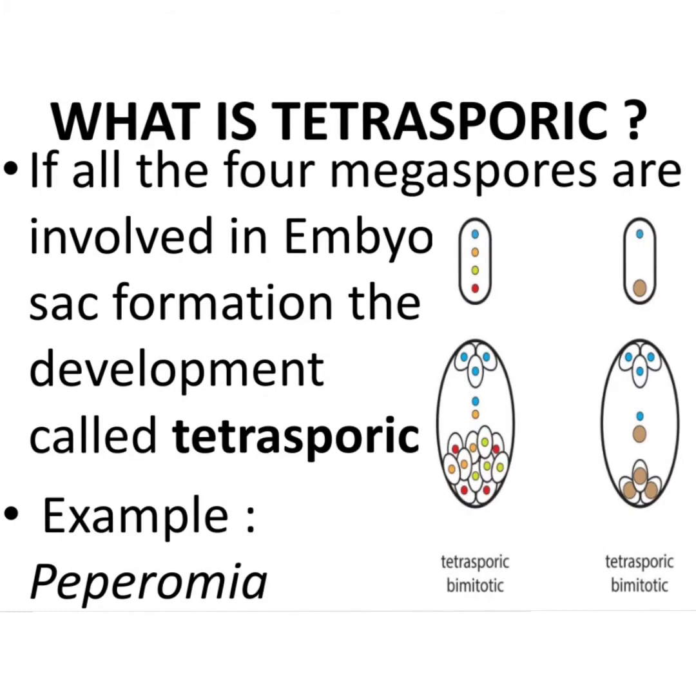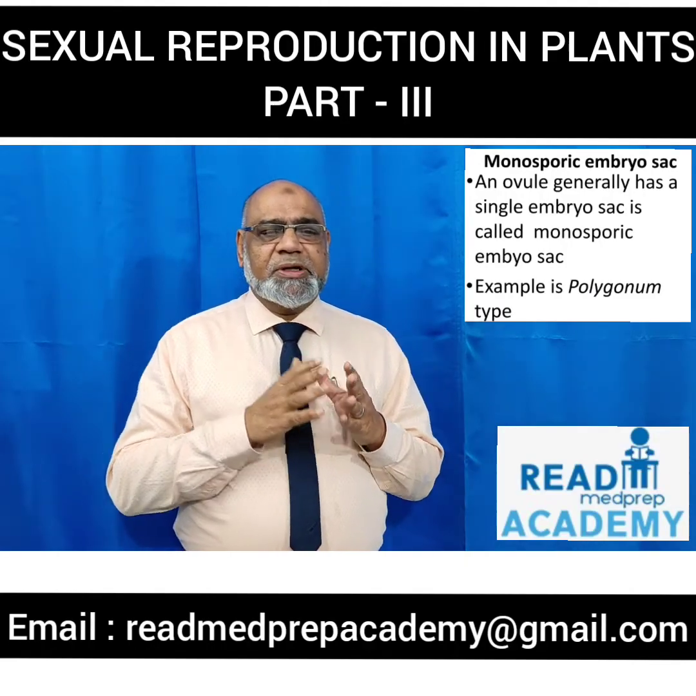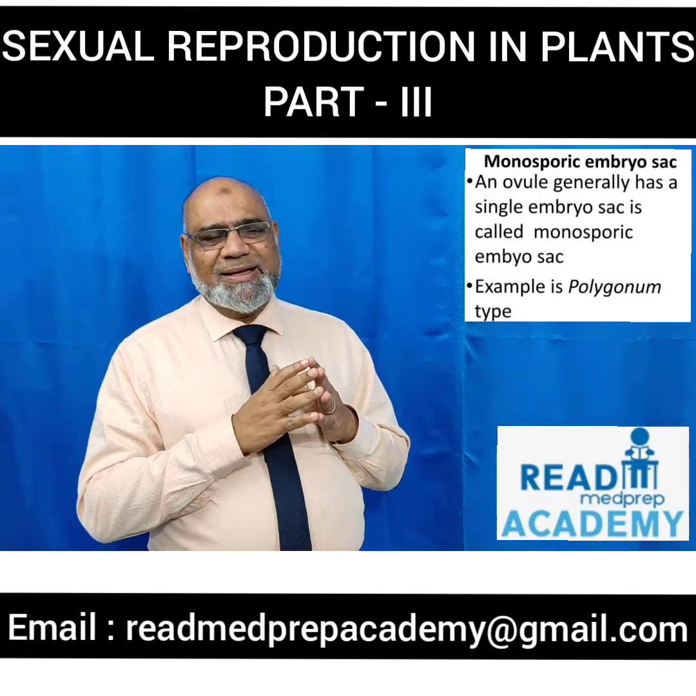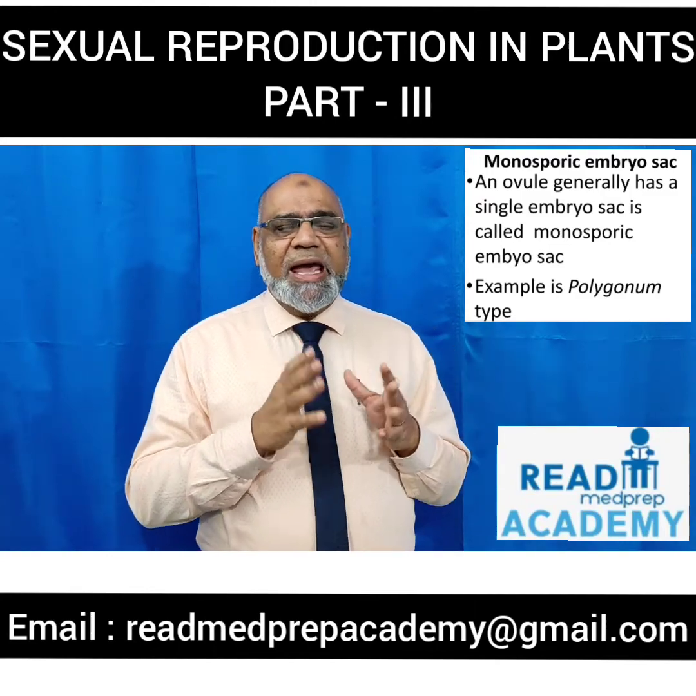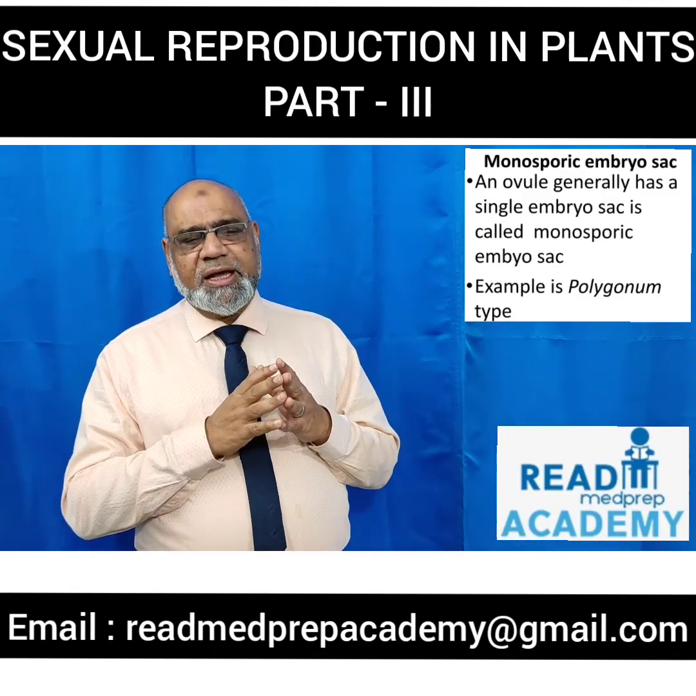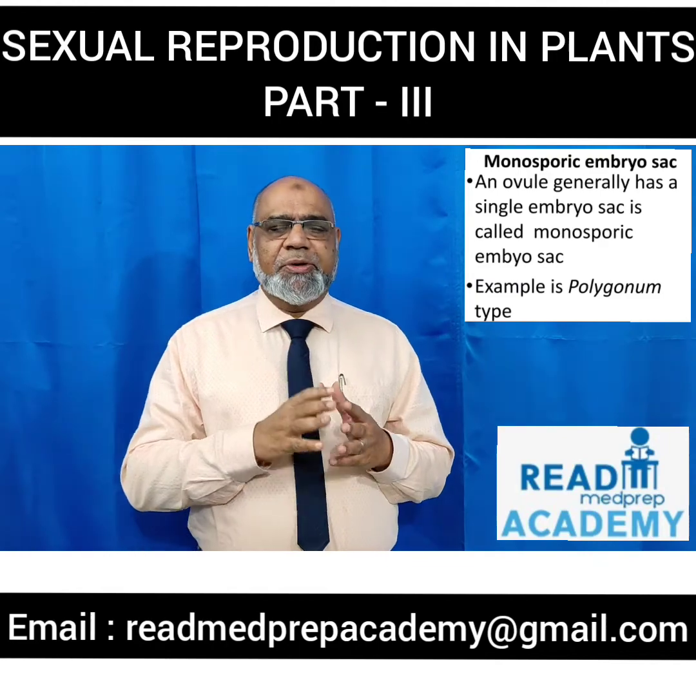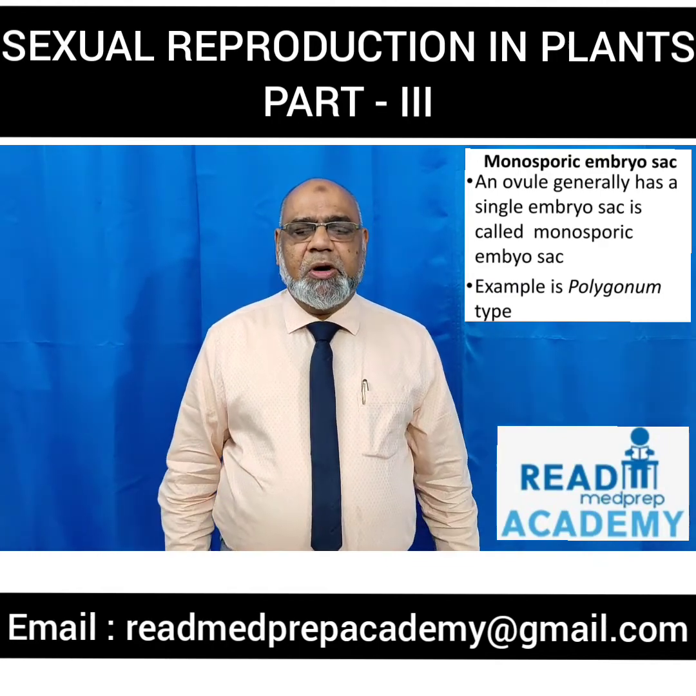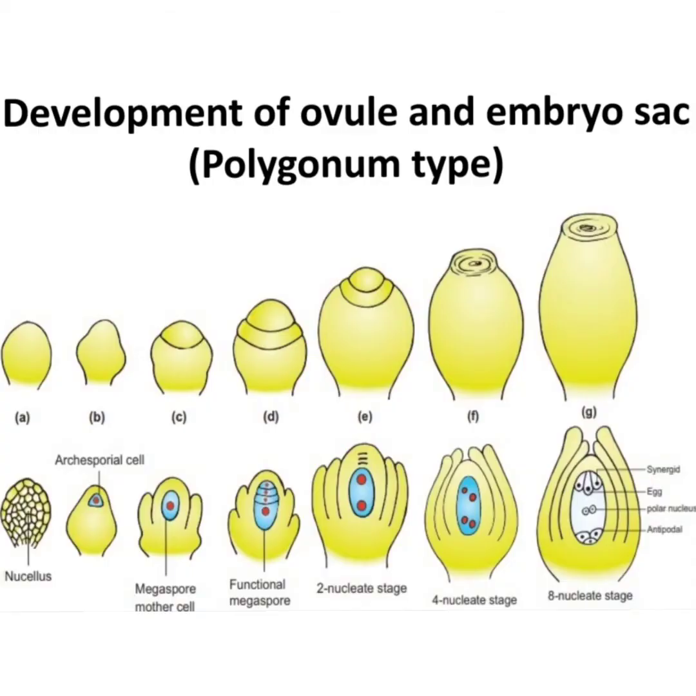On the right side, you can see a tetrasporic cell undergoing a bimitotic division and forming 8 cells. Now, let us discuss the monosporic embryo sac. An ovule generally has a single embryo sac and is called a monosporic embryo sac. An example is the polygonum type. Here you can see the development of the ovule and the embryo sac of the polygonum